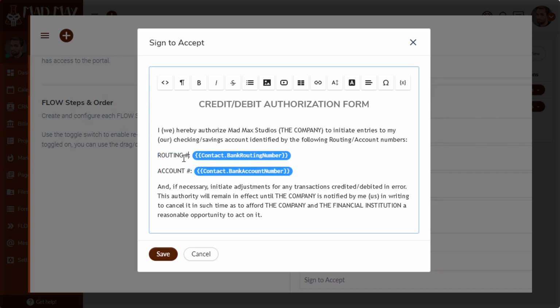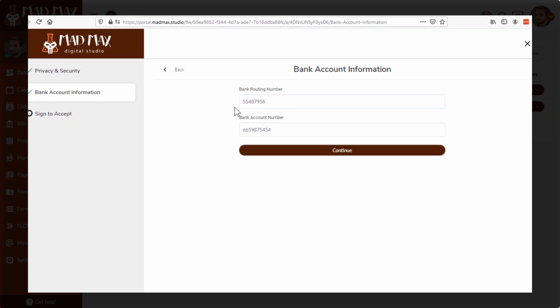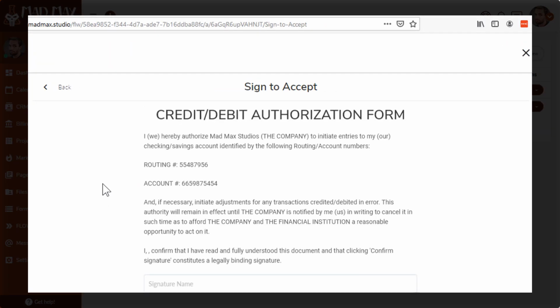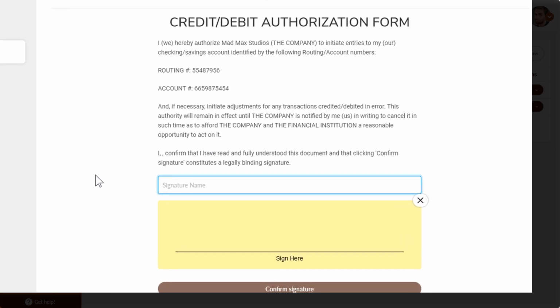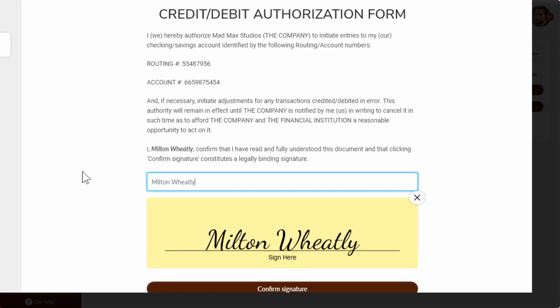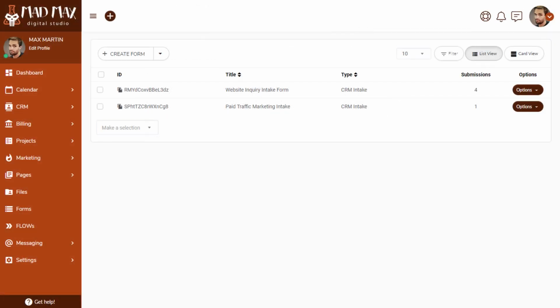But let's go ahead and look at how we might be able to make a very smooth workflow and automate this process. So to collect the information, we'll need to use a form, and then the strategy will be to use that form in a flow and then run the client through a flow where they will provide the information and then be triggered to sign the contract that includes that information. So all that will become clear. But for now, let's just create the first building block that we need for the structure, and that would be